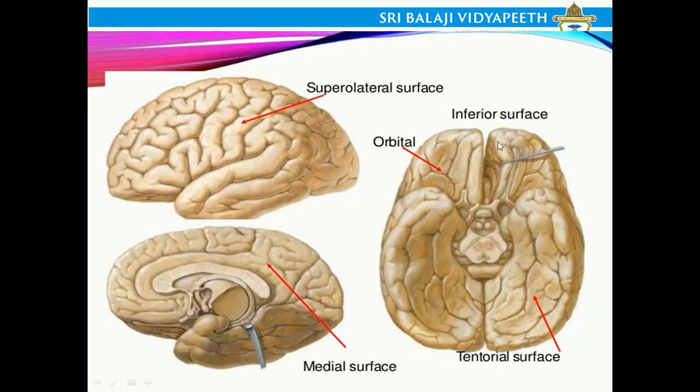Inferior side can also be called the anterior surface, and the surface that is facing the inner cranial fossas of the cranium, like the anterior, middle, and the posterior cranial fossa. So the surface of the brain that is facing the cranial fossa is called the inferior surface of the brain. The structures which are very clearly evident in this surface are, you have the optic chiasma, okay, and the optic